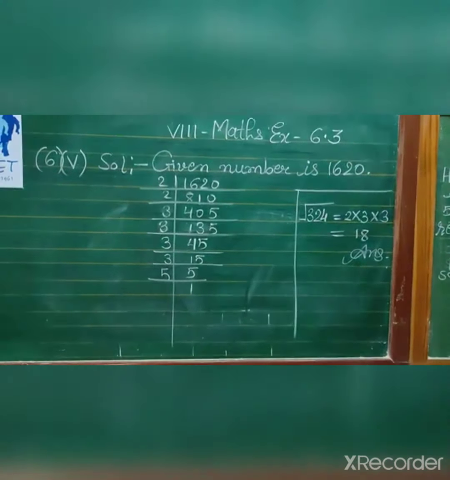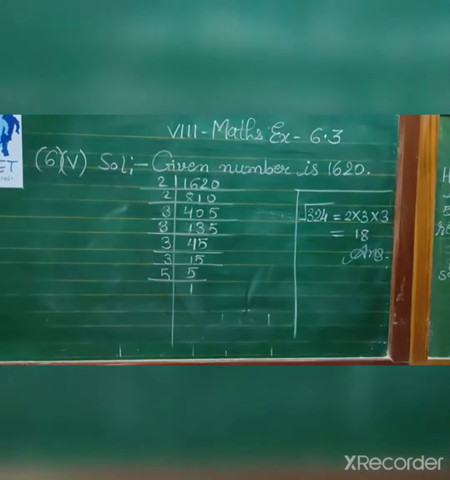Now next we can see here that 5 is not in a pair. If we divide the given number by 5, then the resulting number will be a perfect square number. So 1620, both the sides we will divide by 5. You can see 1620 divided by 5 is equal to 2 times 2 and 4 times 3 multiplied by 5, divided by 5. This 5 is cancelled by this, and when you divide 1620 by 5 you will get 324. So here the left numbers are 2 into 2 into 3 into 3 into 3 into 3. So root 324 is equal to the square root. Both of the sides you put the symbol of square root.